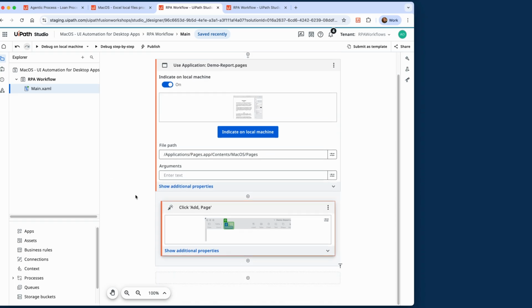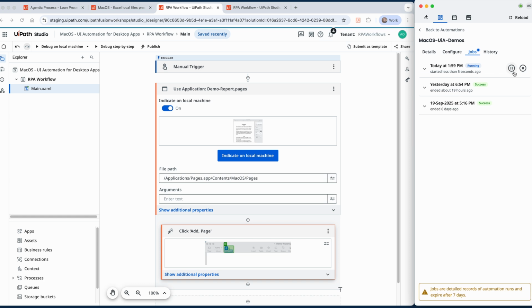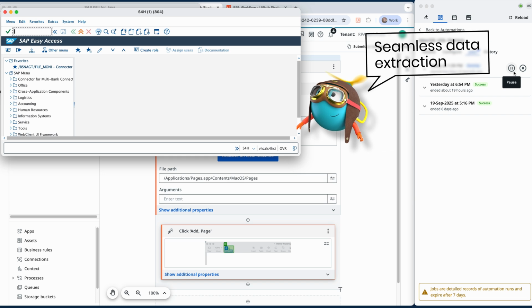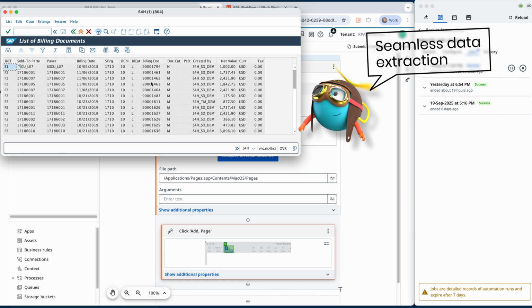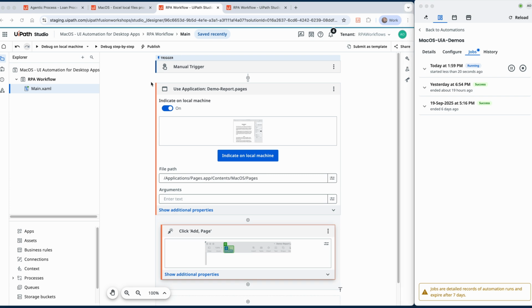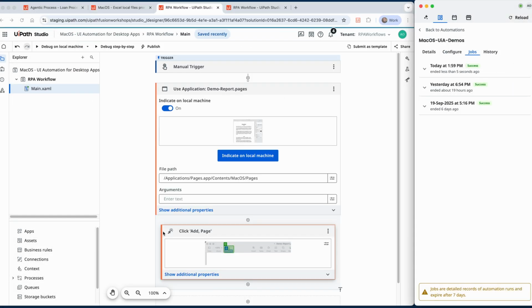With these powerful new capabilities, I can create really sophisticated automations. I can target any macOS desktop application. Here, I'm automating SAP GUI, a Java-based app, filtering data, extracting values, and scrolling through the interface. The data I extract from SAP is used to generate a new report in Apple Numbers, starting from a predefined template. And as you can see, it runs super fast. That's a wrap. Smooth and efficient.